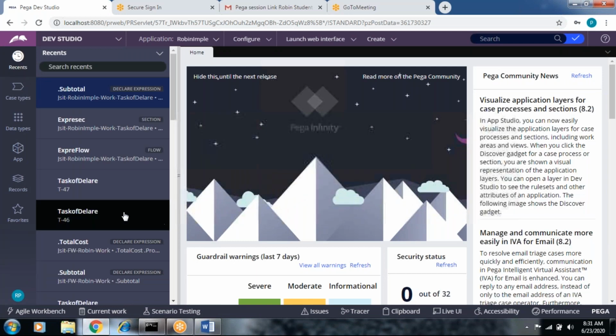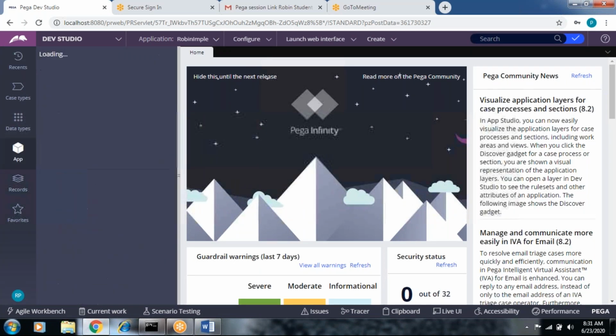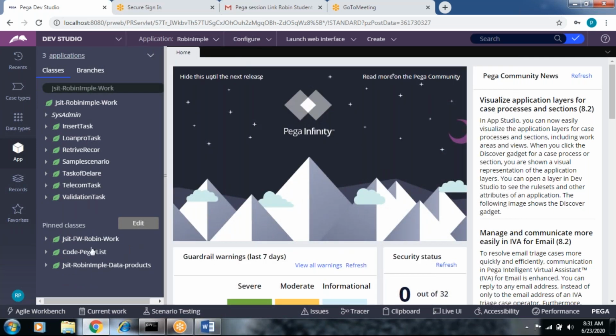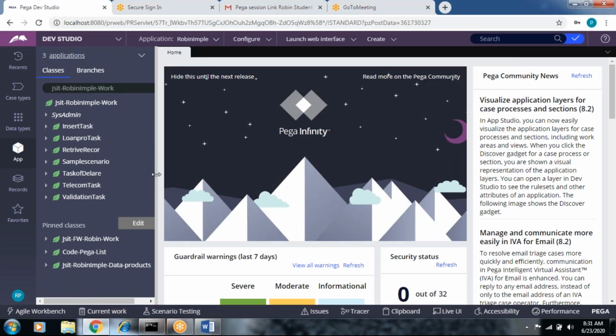There is a problem with the server, no rule is open, not only declare expression. So after the restart, it got fixed. Yes. After restarting the system, I started the server again. Okay, got it.